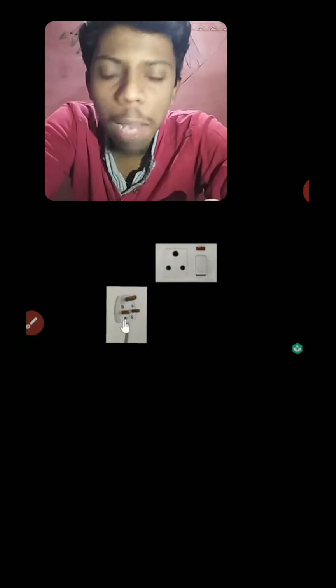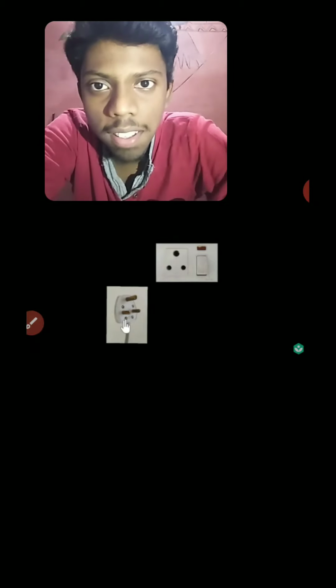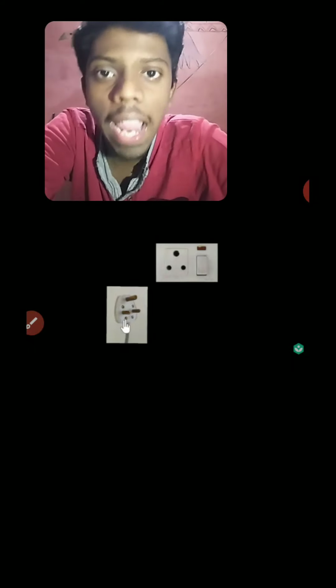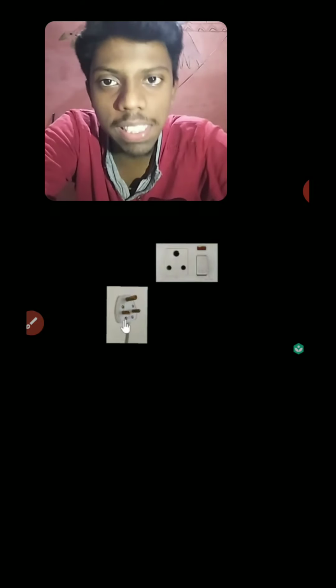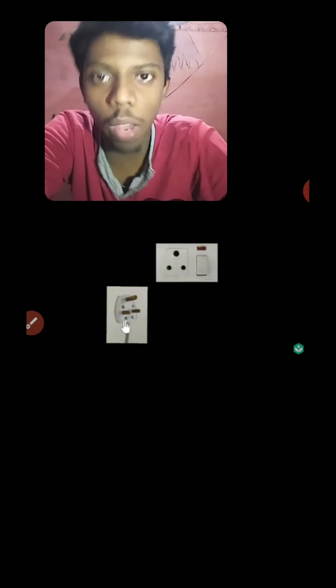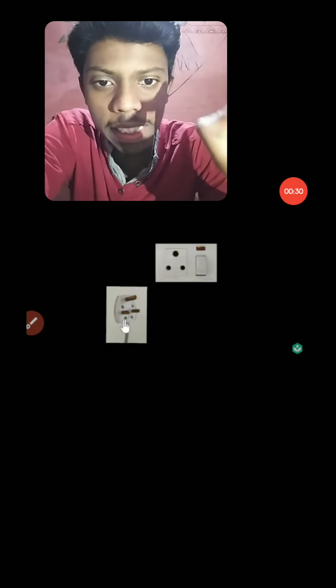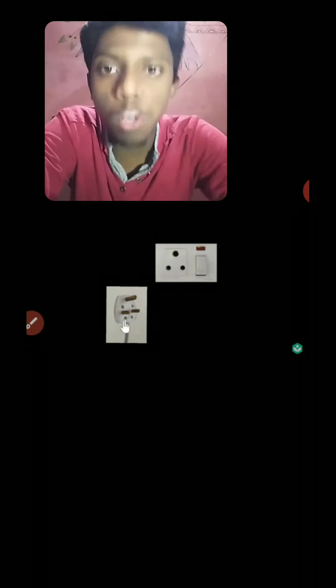So you are able to see a picture on your screen, right? Can you say what that is? That is a socket, right? That is a socket where we connect most of our electric domestic appliances. In those domestic appliances, let us see what types of wire are involved. You can see three holes in the socket, right? Each hole serves a purpose.